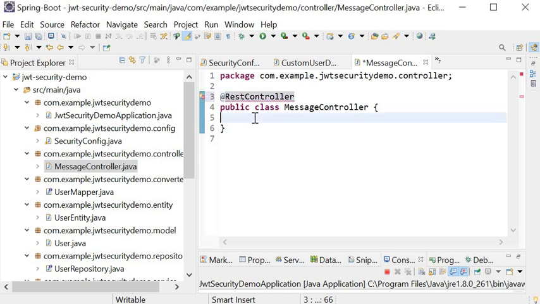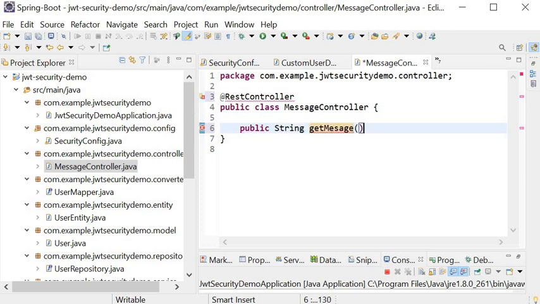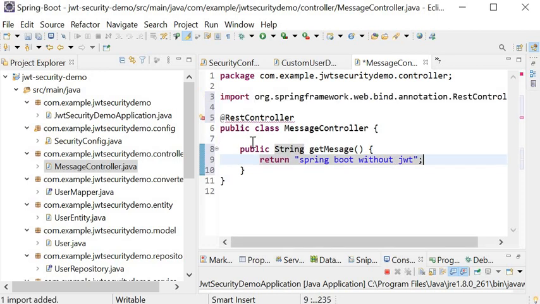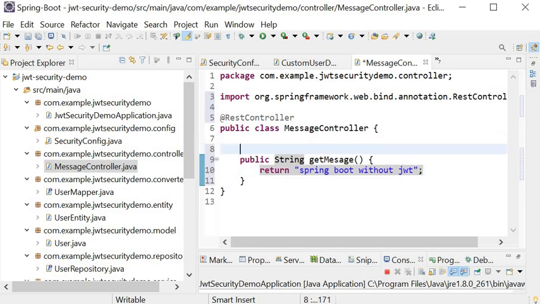Here I will create one endpoint, getMessage, which returns "Spring Boot without JWT", and here I will use the @GetMapping annotation.